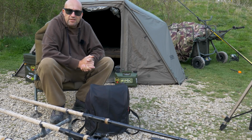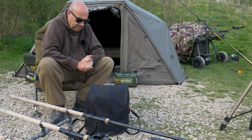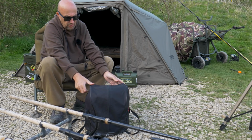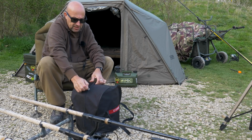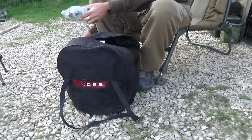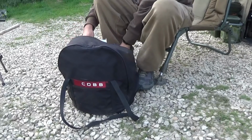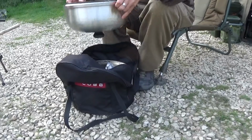I've started to see these appearing on many videos on YouTube. Seems like a lot of the big boys have got them, and I know why, and they are absolutely brilliant. So let me start by opening up this bag. So the basic kit, I've got all sorts of bits and pieces in here, so bear with me, it's going to be a bit noisy. The basic kit comes with